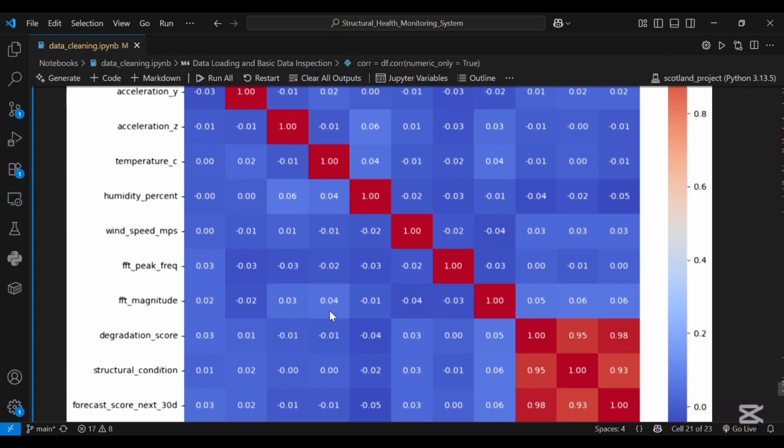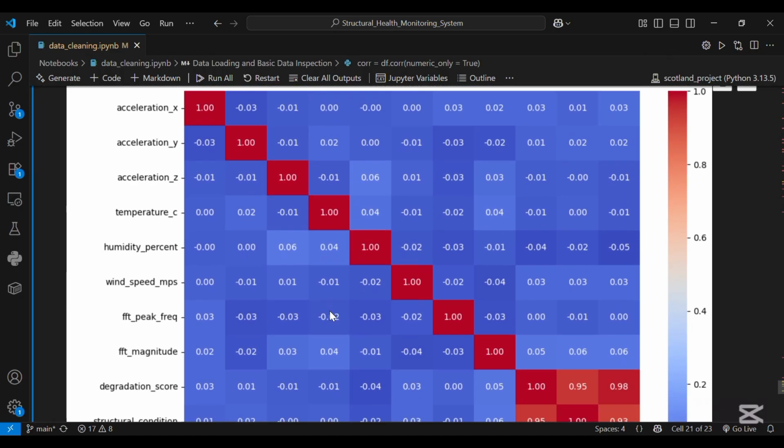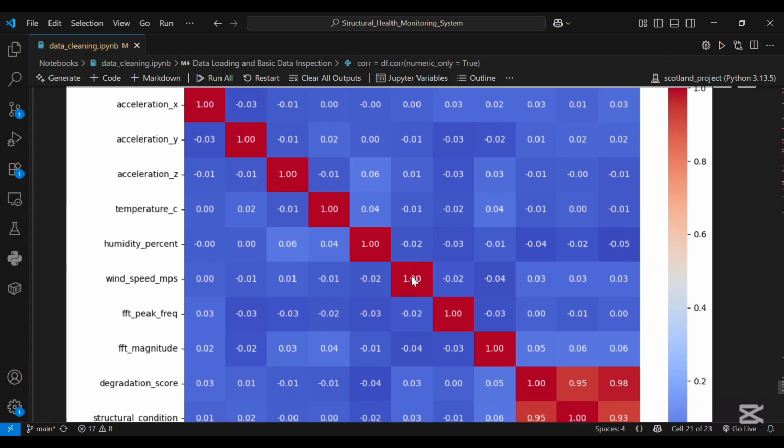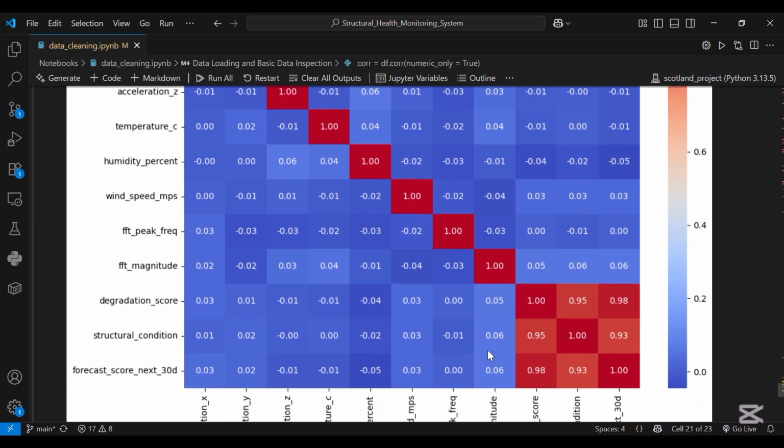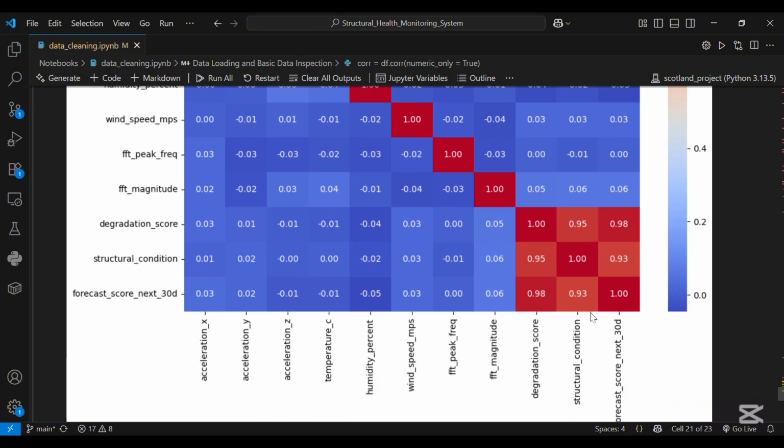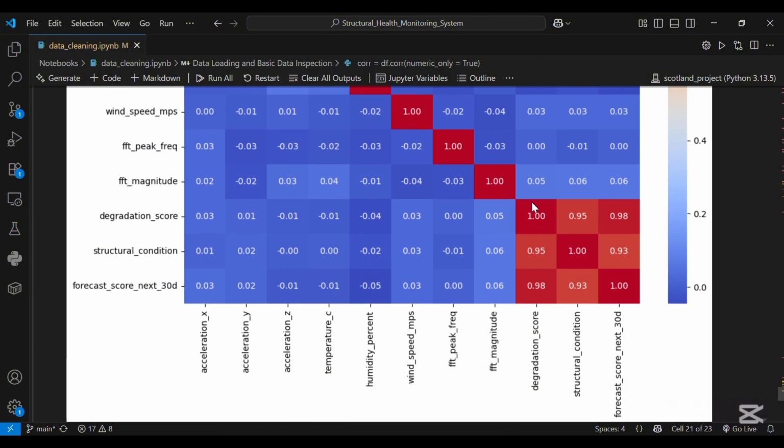Look at this. The heat map is a gold mine of information. The diagonal is all 1 because a variable is always perfectly correlated with itself. But the interesting parts are the off diagonal values. For example, let's look at our target structural_condition. If we follow this row across, we can see its correlation with every other feature.